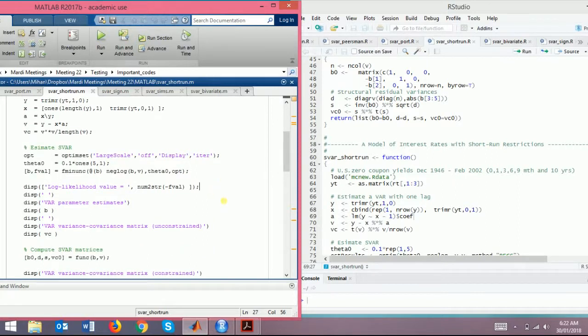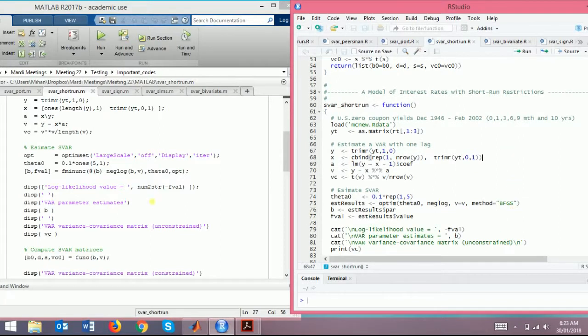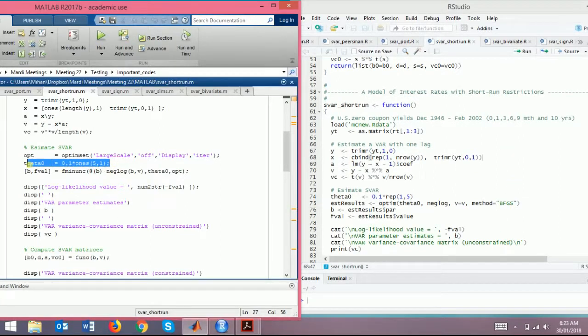Then comes estimate SVAR, right? Because we have already defined our function, we're going to call our functions now, and our theta is 0.1 multiplied by ones, 5 rows 1 column. Why 5 rows 1 column? Because we have 5 unknown parameters here, right? And we're going to call for the first equation,